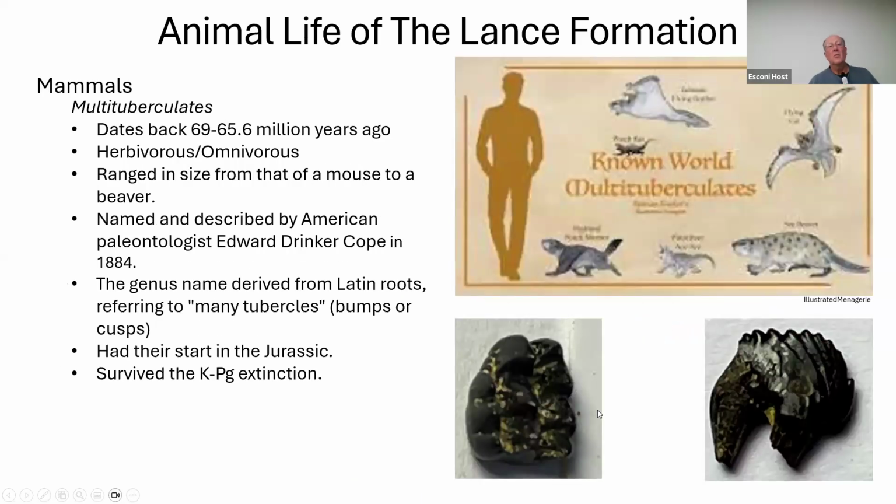Next one is the multituberculates, another type of mammal. They ranged from 69 to 65 million years ago. They were herbivorous or omnivores. They ranged in size from a small mouse to the size of today's beaver. They were named and described by American paleontologist Edward Drinker Cope in